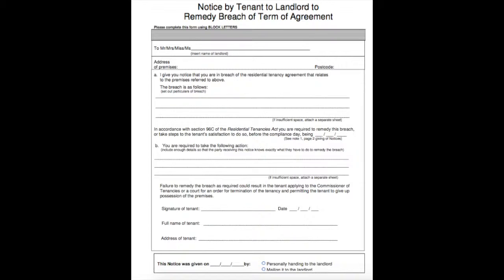If a tenant falls behind in their rent, the tenant will be in rental arrears. If a tenant is in rental arrears for at least 14 days, the landlord or their authorised representative may give the tenant a breach notice to remedy unpaid rent. This notice will give the tenant at least 7 days to rectify the breach.